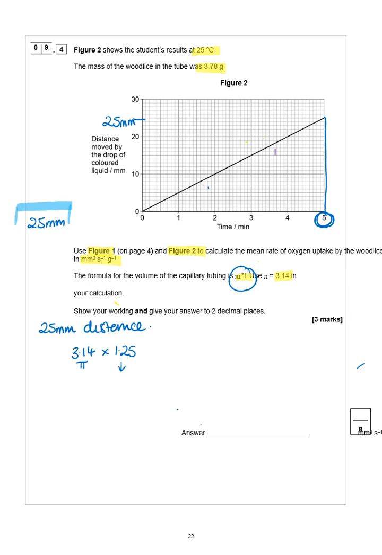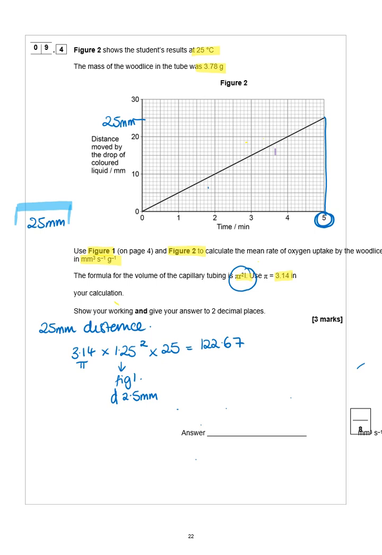Well, in figure 1, it tells me the diameter is 2.5 millimeters. The radius is half of that, so I've halved 2.5 to get 1.25, and I've got to square that, and I'm going to times it by the distance or the length the coloured liquid has actually moved, which is 25. So therefore, the volume of the capillary tube in relation to this experiment is